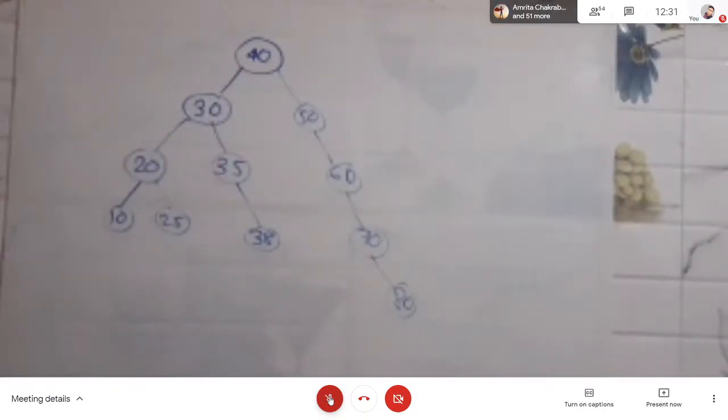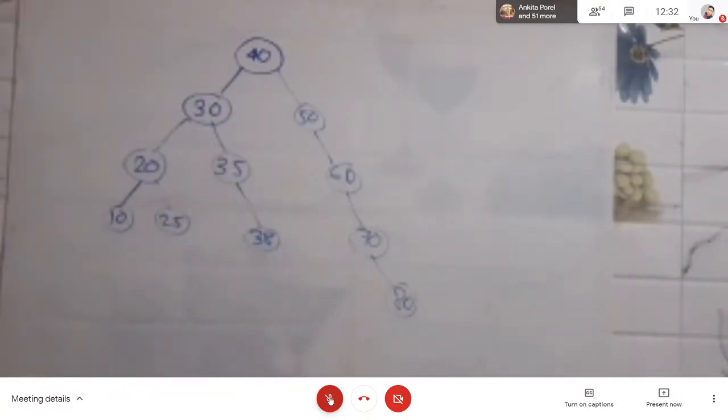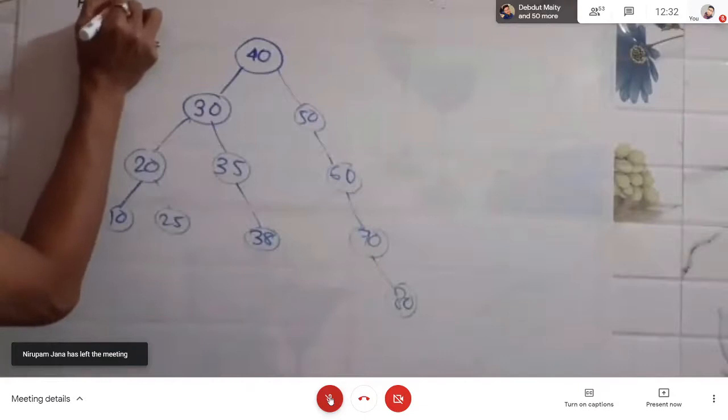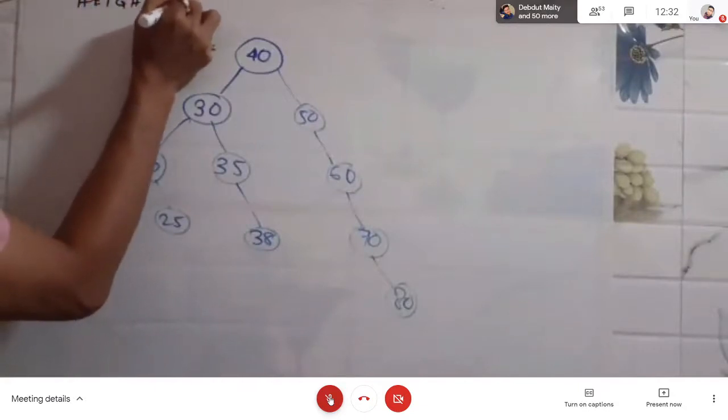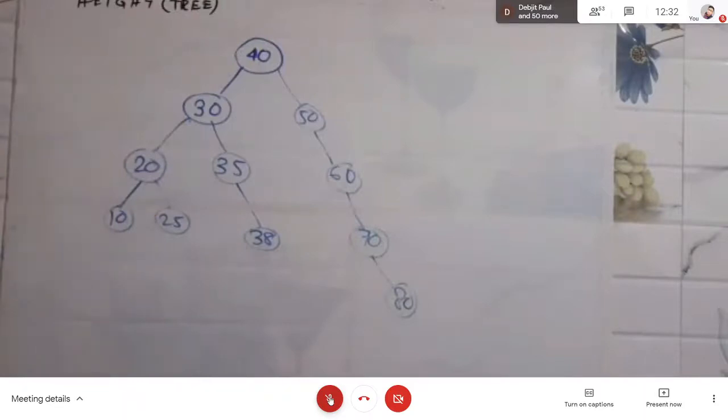So but in terms of level it is 0 1 2 3 4, 4 is this one, but in terms of height it will be 1 2 3 4 5. So the height of the tree is 5. Now how it is calculated, you can see there in the algorithm we are calling this function height. Just call this function height with the root node, that is tree, and it is called recursively.